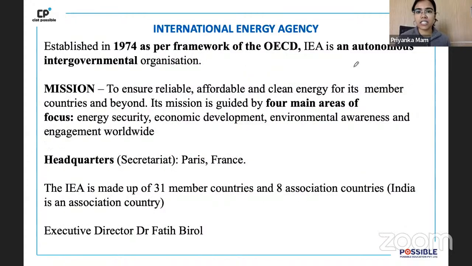Now, what is this International Energy Agency? It is a part of OECD, Organization of Economic Cooperation and Development. You have to keep this in mind. Why? Because इसका headquarter कहाँ पे है? Paris, France. और इसी के headquarter में एक और organization तो नहीं बोलेंगे, task force है, which is called the Financial Action Task Force. So Organization of Economic Cooperation and Development, as the name suggests, is an organization of a lot of developed countries that are coming together, and they're talking about how they should do more economic cooperation and development.